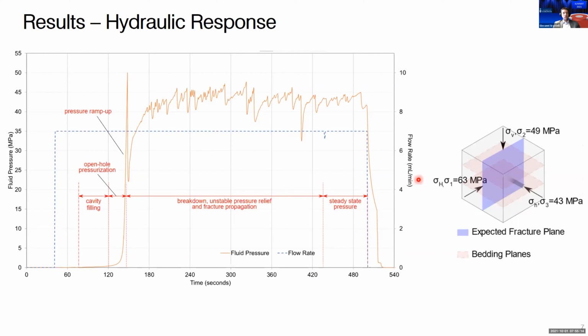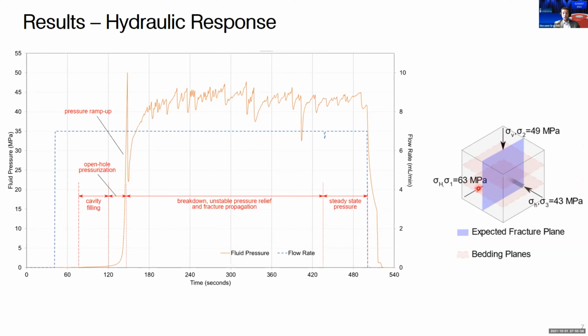From studying geomechanics, we know that when we inject fluid in the rock, we expect that if we overcome the strength of the rock, or the tensile strength of the rock, we will be able to propagate a fracture. And that fracture will of course overcome the stress state, the minimum principal stress. So the fracture will propagate along a plane perpendicular to our sigma 3 and parallel to the sigma 1, sigma 2 plane. In this case, it is pictured here